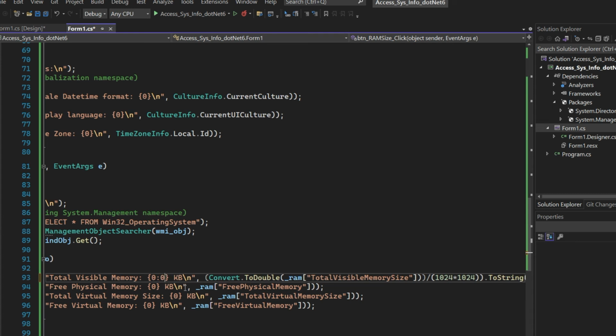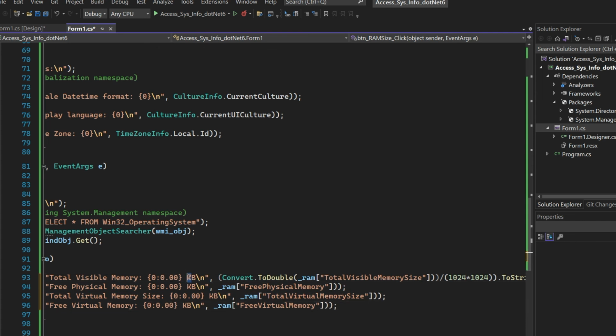And we want it to display as two decimal digit numbers. Change it to GB. Change all of them to GB.